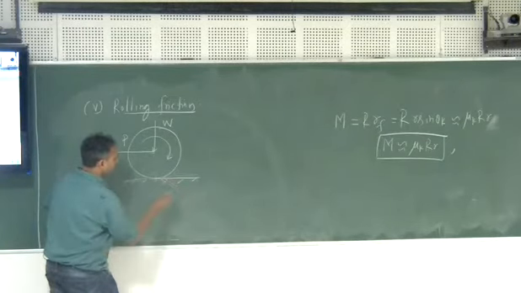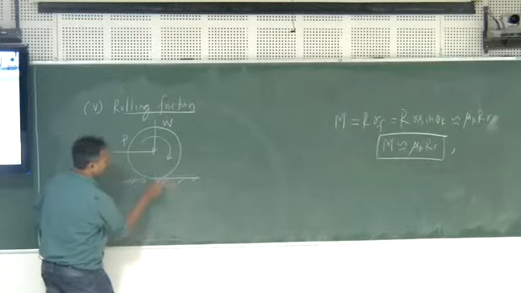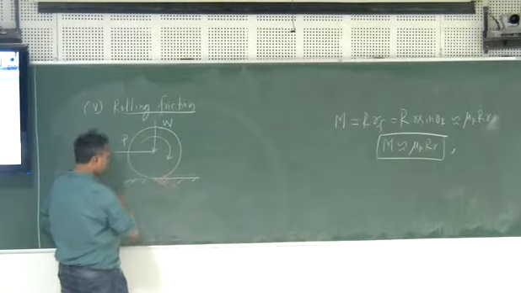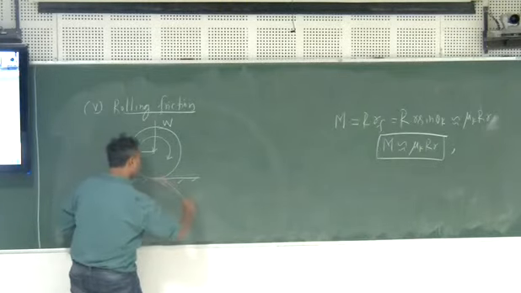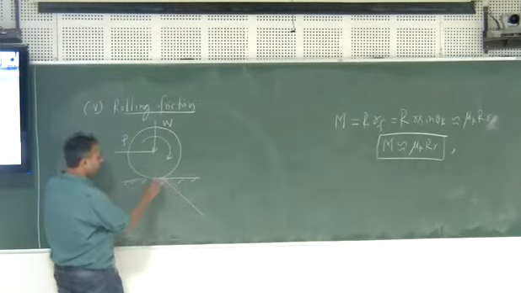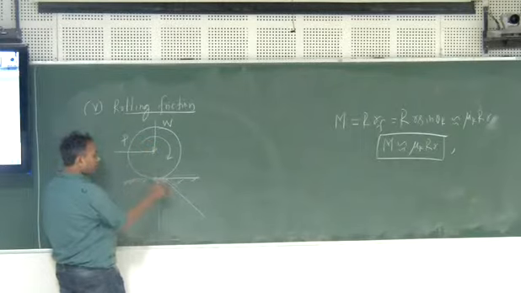Here there will be more pressure, and here the pressure will reduce. It means that there will be a resultant normal force which will be acting over here. In the earlier case, when there was no deformation, the normal force was passing through the center. But now, when the surface is deformable, what will happen?